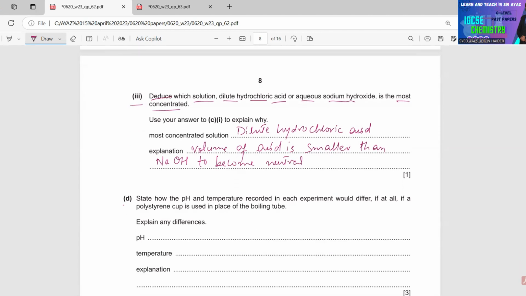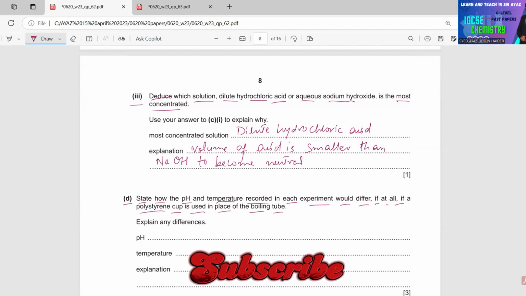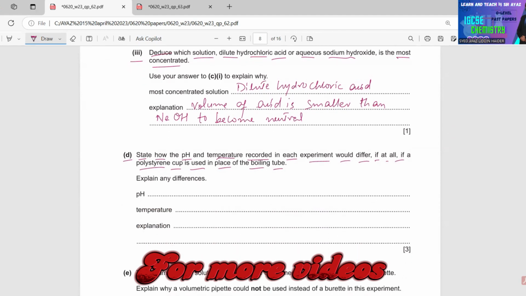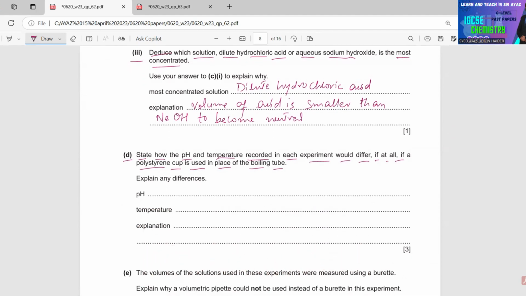D. State how the pH and temperature recorded in each experiment would differ, if at all, if a polystyrene cup is used in place of the boiling tube. Now explain, you have to explain the difference. In case of pH, there will be no change,